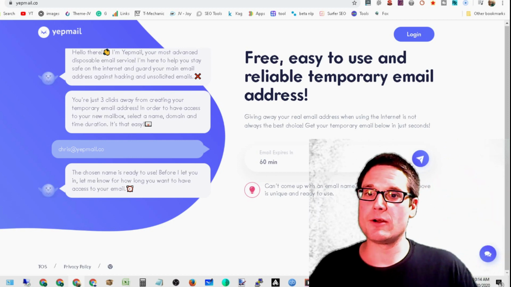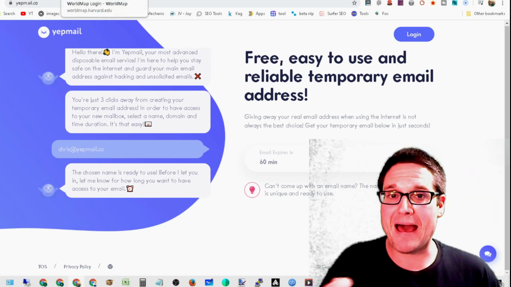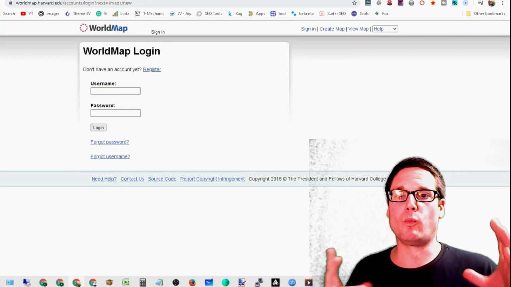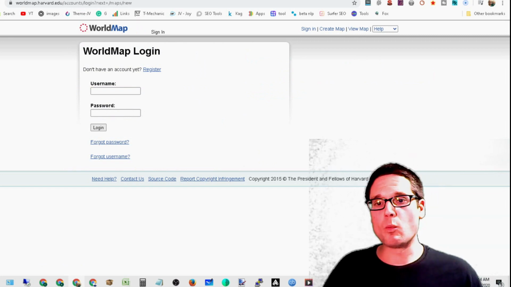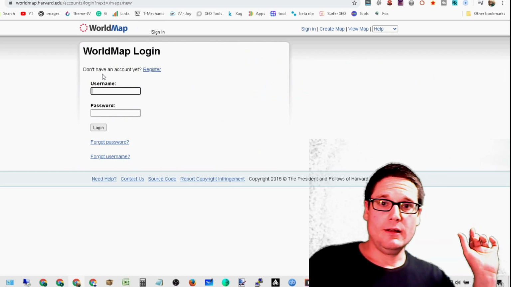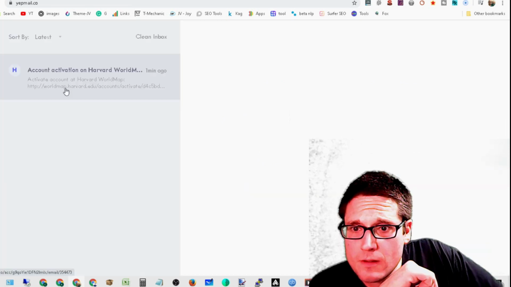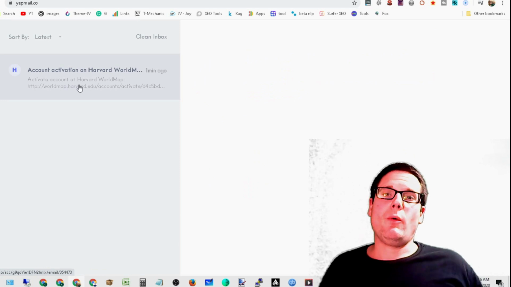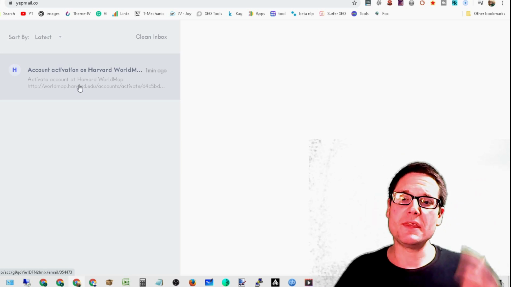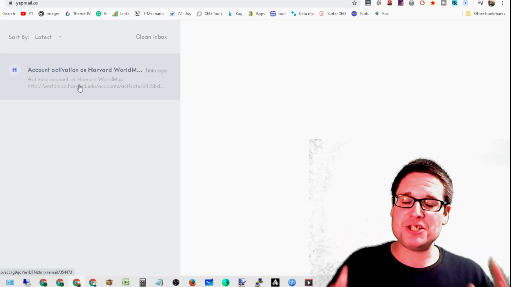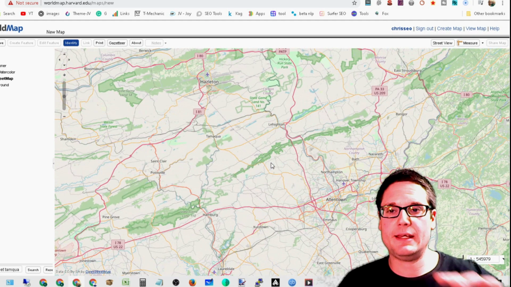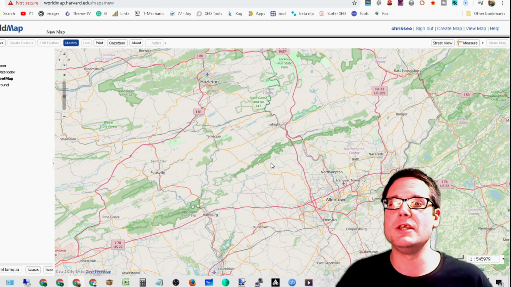Now I'm going to head over here to create a part of the map stack, valuable asset, and we're going to head over here to Worldmap. So once on Worldmap, you will need to create a login, and I'm going to go ahead and do that now. All right, so after you've gone ahead and created the account on Worldmap, the next step will be, of course, the activation of the account. So all right, once we've created the account, once we're inside,